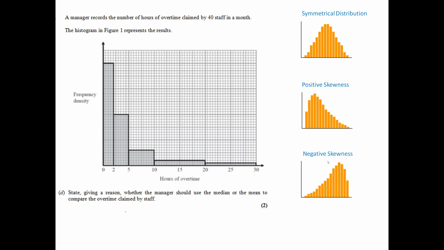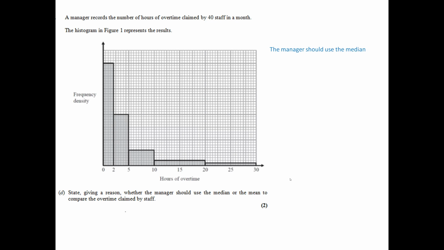If you do have skewed data, it means you have some form of extreme values or outliers, and that is going to have a big effect on the mean. It won't have a big effect on the median. So in our case, with positive skewness, we've got some high outliers, and they're going to drag the mean upwards. We saw from part B the median is 3, and from part C the mean is 5.33. That mean has been dragged up by those high outliers, and as such, the data is skewed. In such a scenario, it's always best to use the median, so that gets you 1 mark, but we also need to